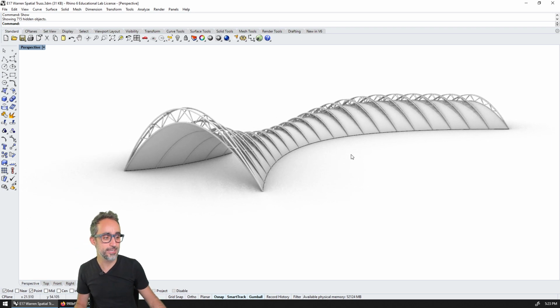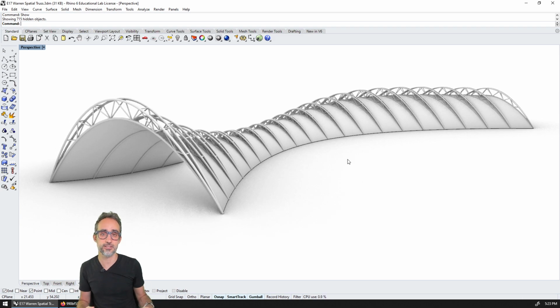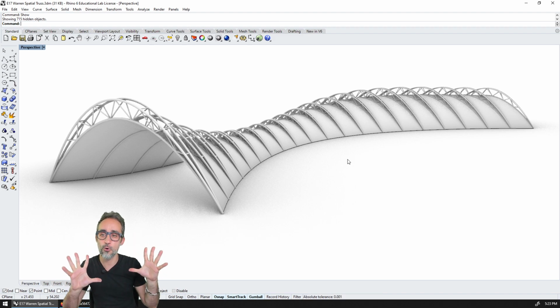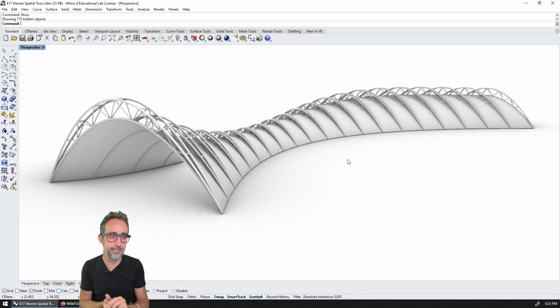We're going to learn techniques for this exercise, such as weaving data. We're going to learn techniques such as culling data. So if you've been following this series, we're going to learn a few new components that we haven't seen before. And it's going to be super fun, and it's not going to be that complicated to get this really powerful result. So join me in this journey of designing 3D spatial structures, and hopefully we will learn a lot of stuff together. Let's get hands-on.